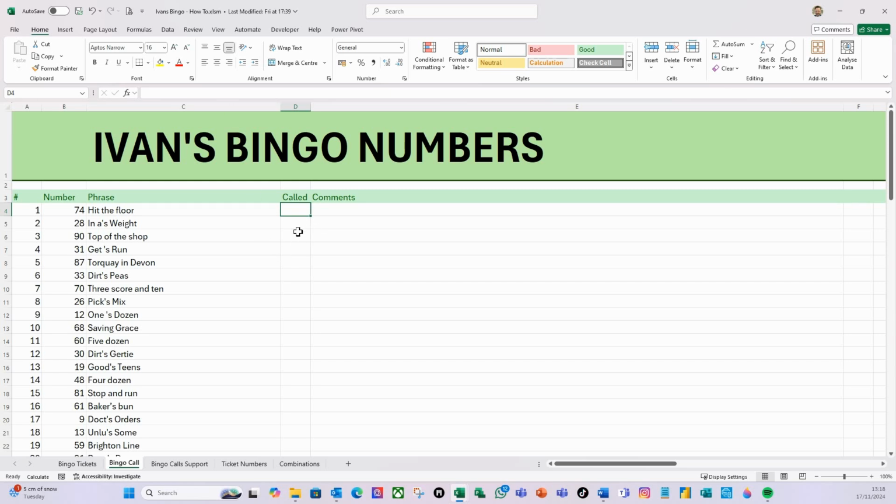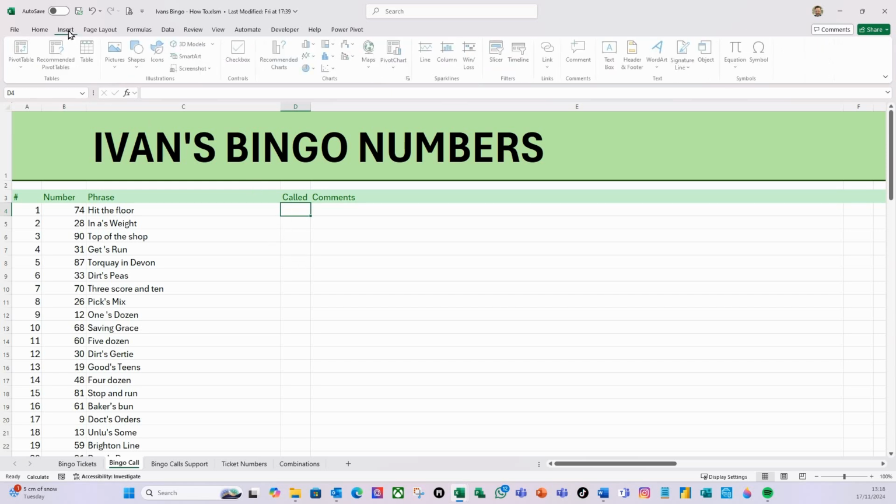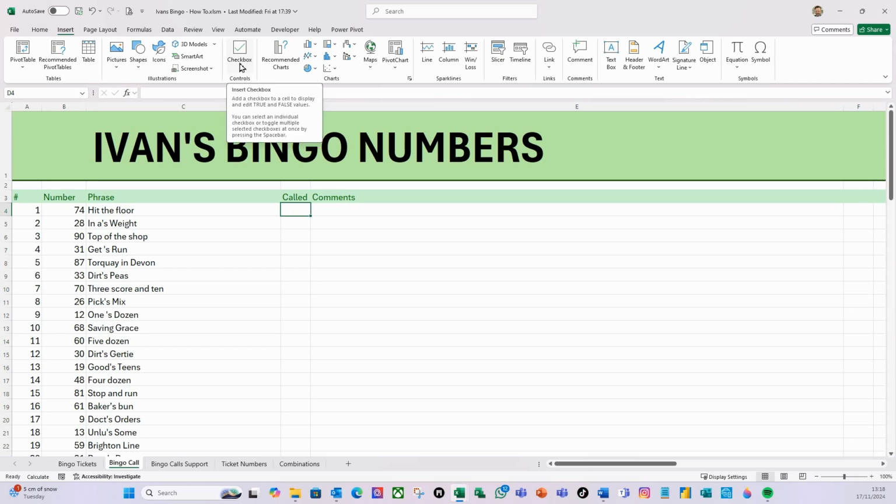But at home, on your personal copies where you control the updates, if I do insert ribbon, you'll see this checkbox functionality, which is new functionality. I think it's come out in the last 2 months. It's been made available to everybody on Office 365 Excel. So I'm going to select that, and now I'll go tick box. I can then just shift control down,